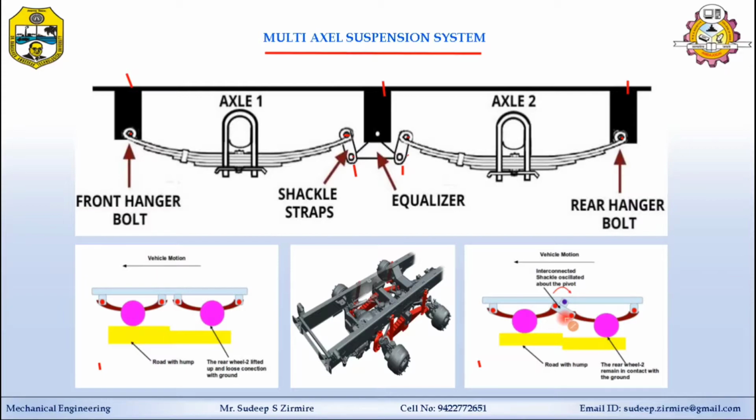Both the units of the axle work together according to the road condition, and it shares the load and prevents a single pair of wheels from taking the whole amount of load. It means it takes the shear load. You can see here it comes across the bumps, but at the same time the weight is transferred and it's pushing this wheel downward, so it is having contact with the road. But in the first case there is a gap. So because of this linkage and this type of multi-axle suspension, using the equalizer, it is mostly used in long vehicles.